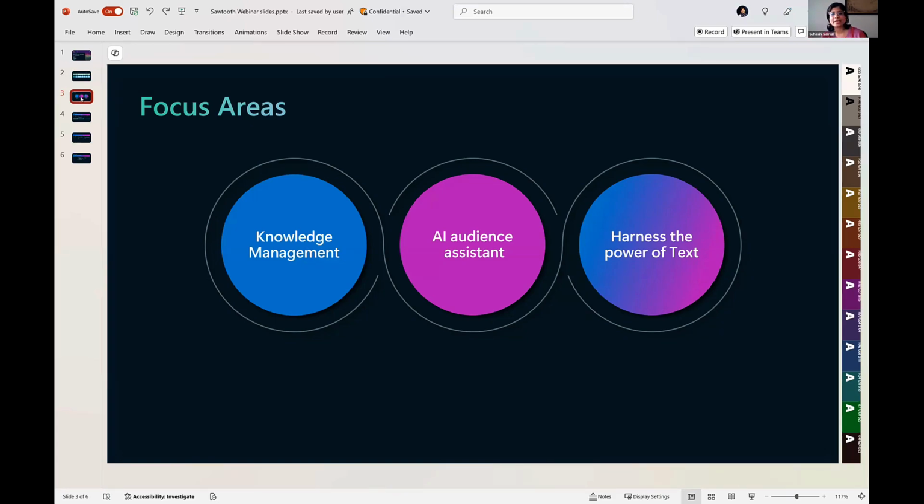The second focus area is an AI audience assistant tool. Again, think of a scenario where you have your engineering team building a product roadmap, but they are not quite sure what features to prioritize. Or we have another marketing team who are refining their messaging framework and don't have enough budget to keep spinning off new research to test the messaging framework. This is when the AI audience assistant tool comes handy, where with the help of that, we can provide real-time insights, recommendation through AI-powered personas.